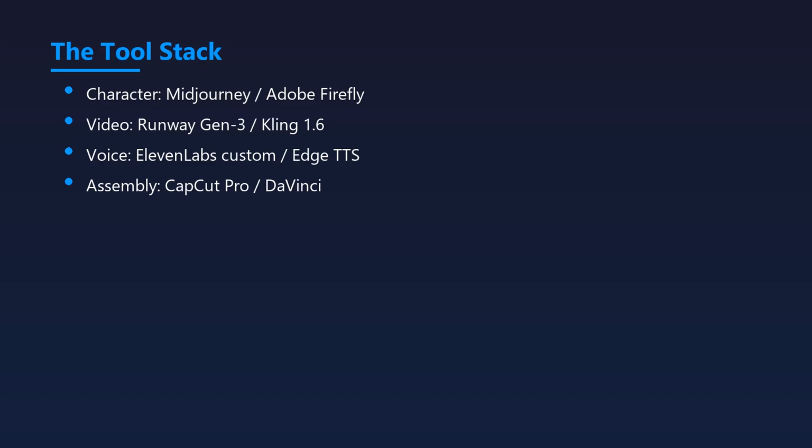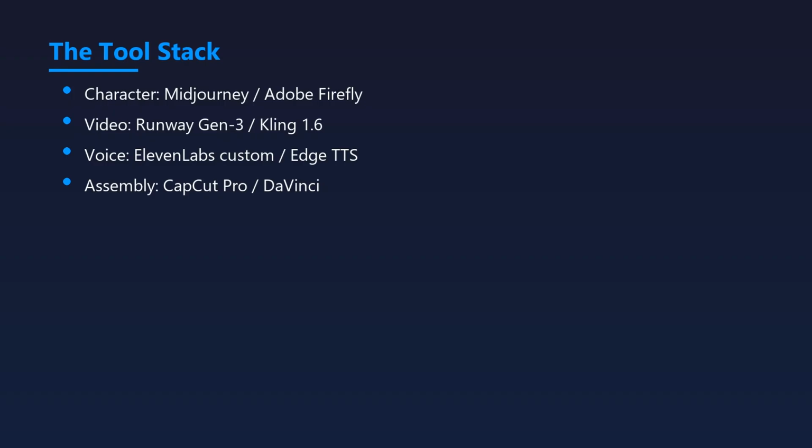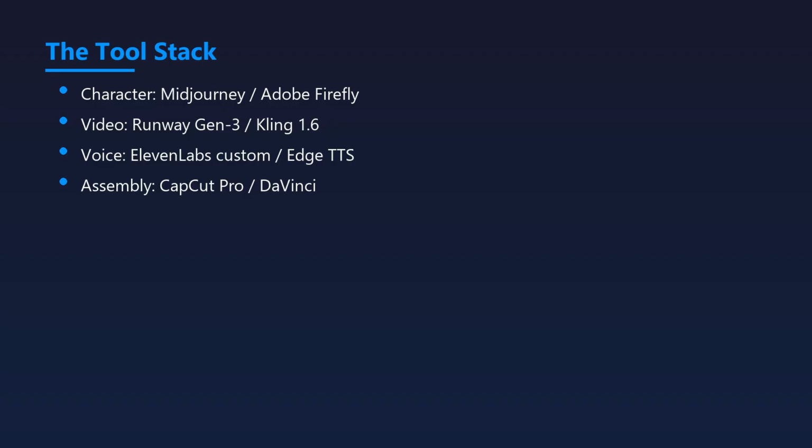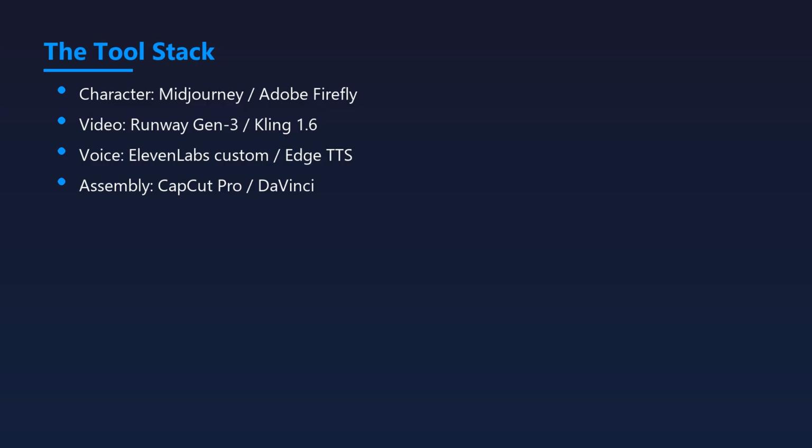For photo to video, Runway Gen 3 Alpha is the current leader for quality. Kling 1.6 is a strong competitor, it's better at natural human movement. Pika is faster and cheaper but the motion can look a bit floaty. For a 30-second ad, budget about 10 to 15 generations to get the 3 to 5 clips you actually want